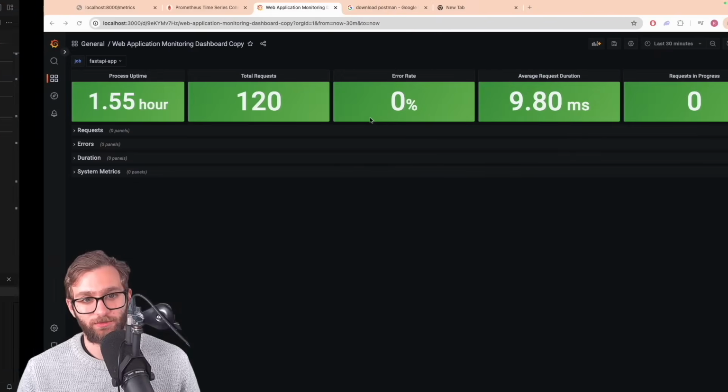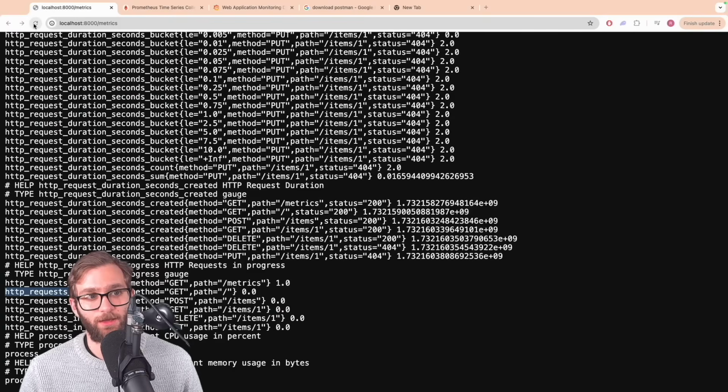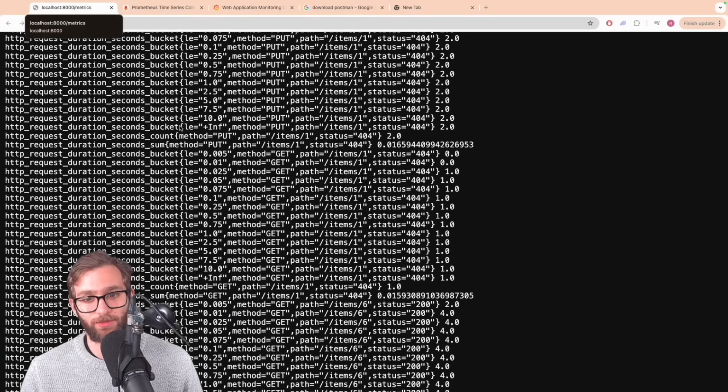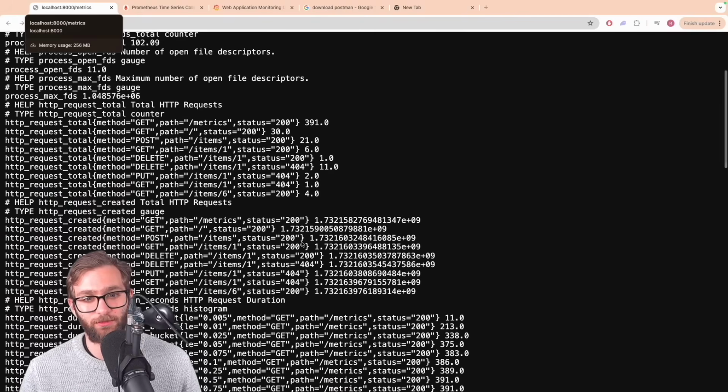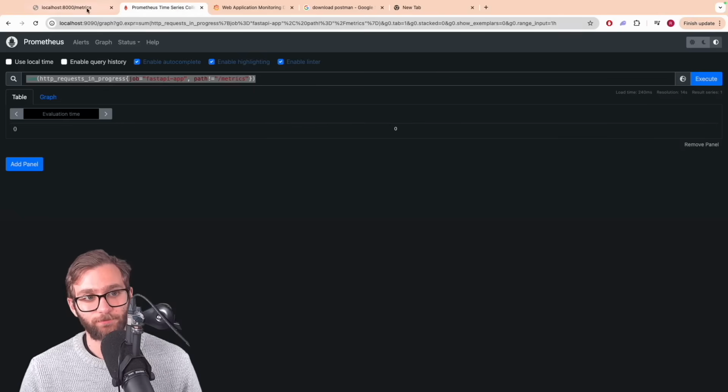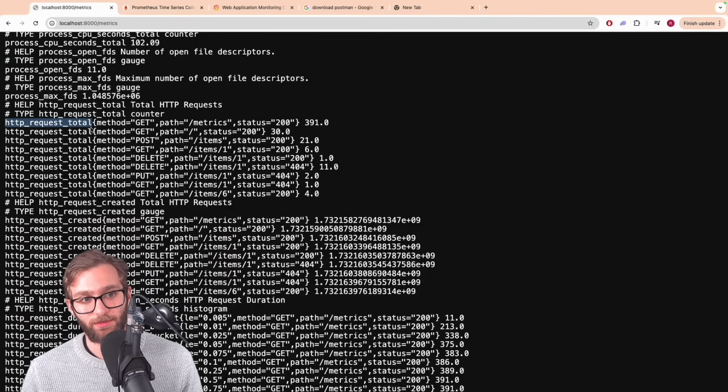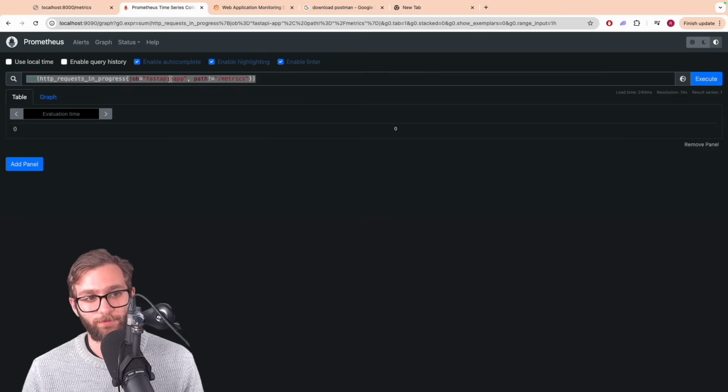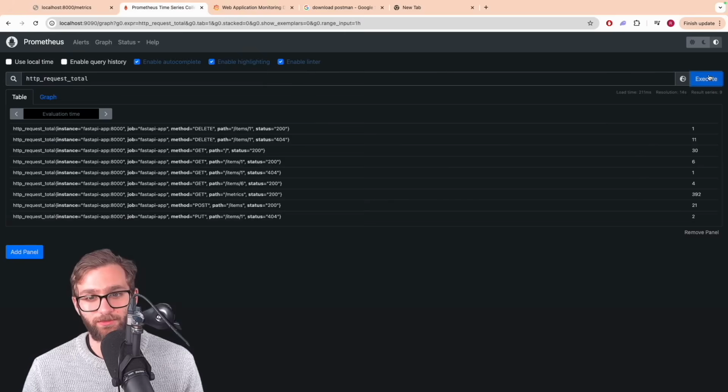And now we should see that the application reported a batch of brand new metrics right over here. Okay, I do see the update. Let's go ahead and perform a query for HTTP request total. We see the same values reflected over here. And now what I want to do actually is measure the rate of requests